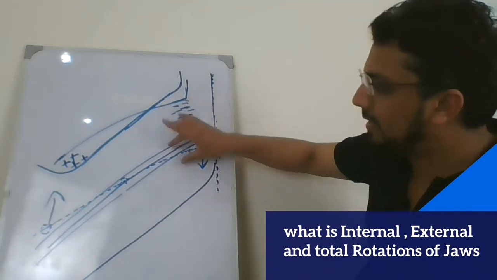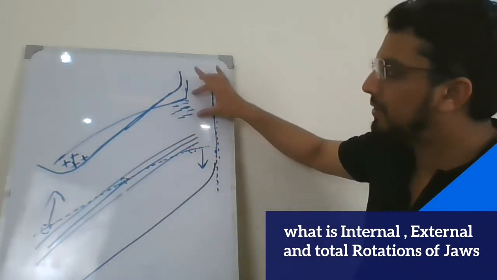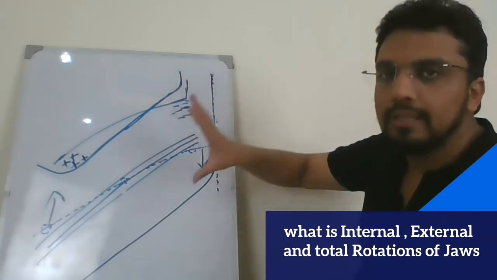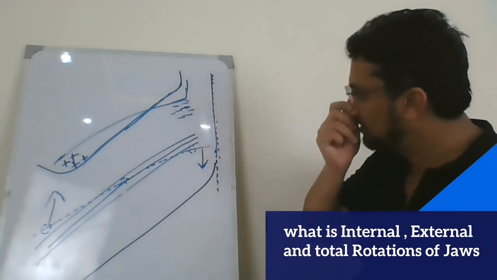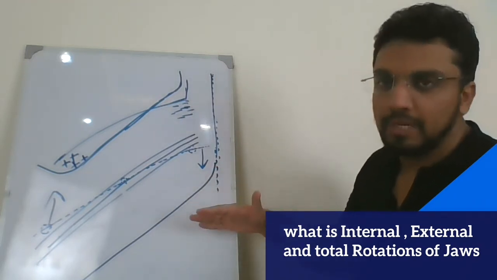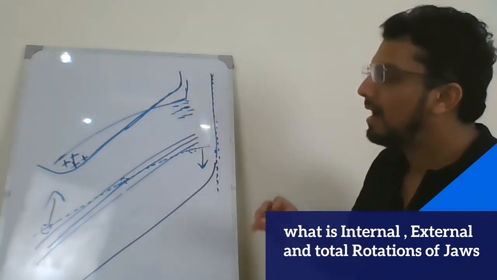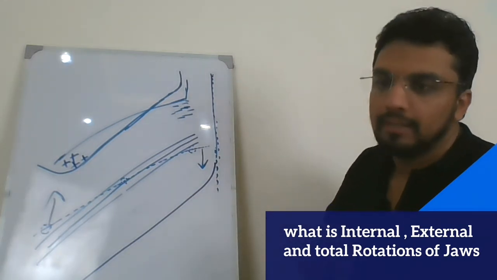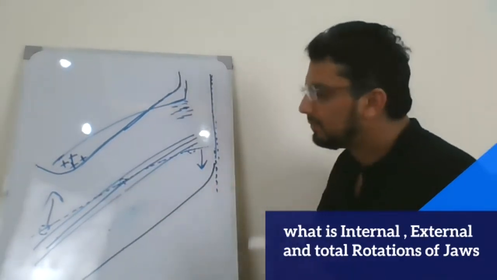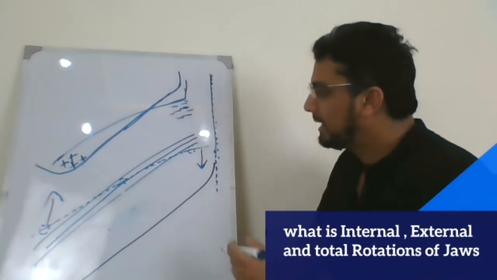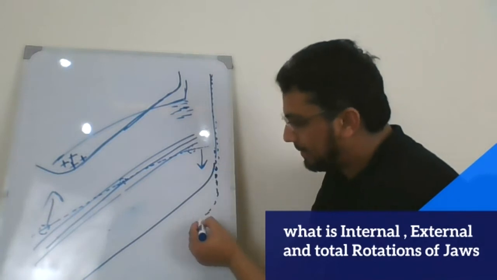Internal rotation is occurring within the core of the bone. External rotation is occurring on the surfaces and that is changing the position of the bone. So there is a possibility that the internal rotation and external rotation of the mandible are cancel out effects of each other. Because of the internal rotation, this part of the mandible should go like this.